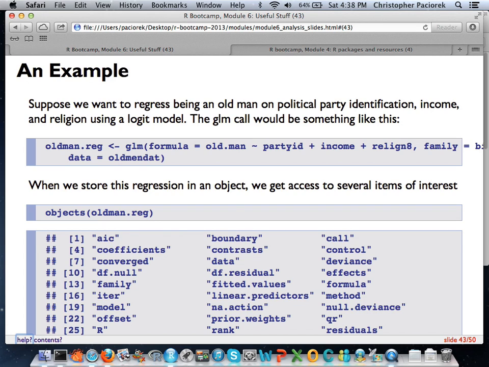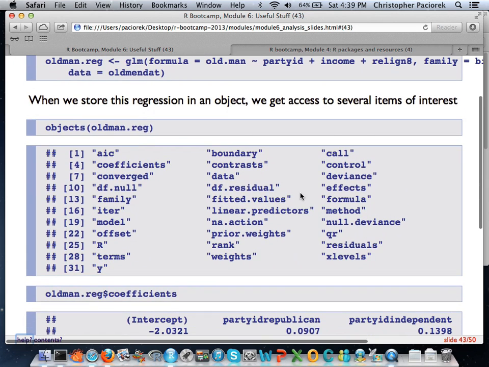And our data set here is the old man data set. So we stored that particular regression in this object, and the resulting object is going to be of a class GLM. And if you type in the command objects and then put in this GLM object, it's going to show you exactly what it's giving you once you run this GLM regression.